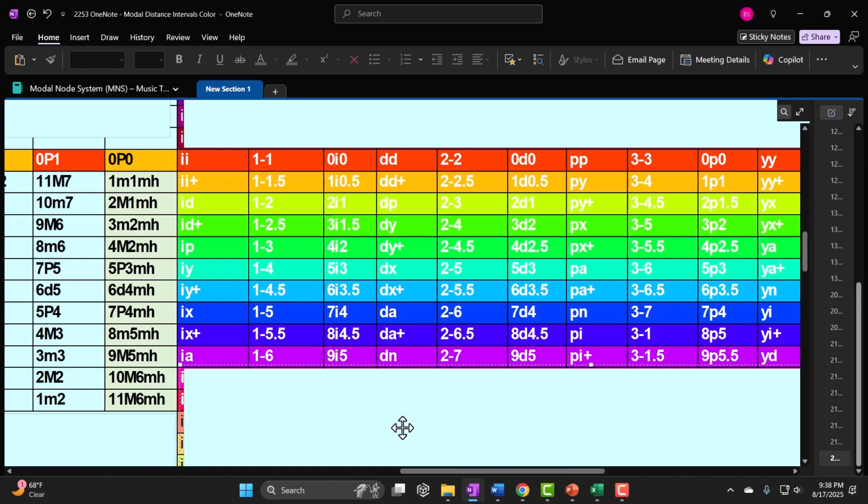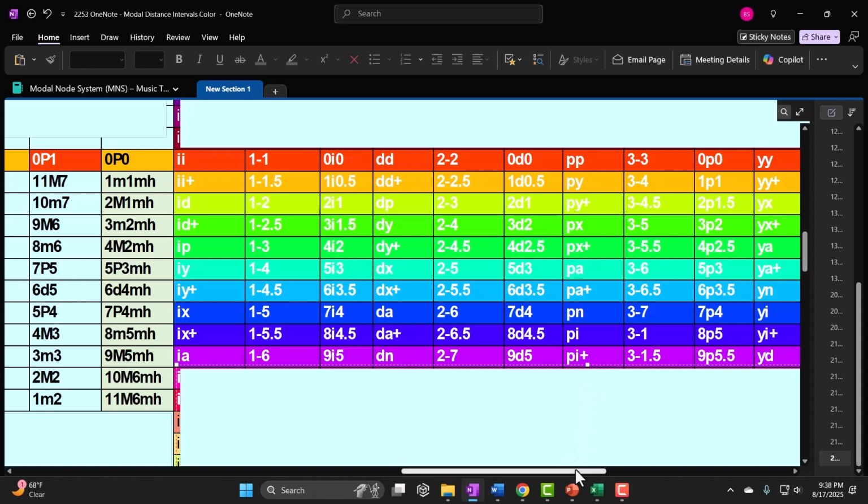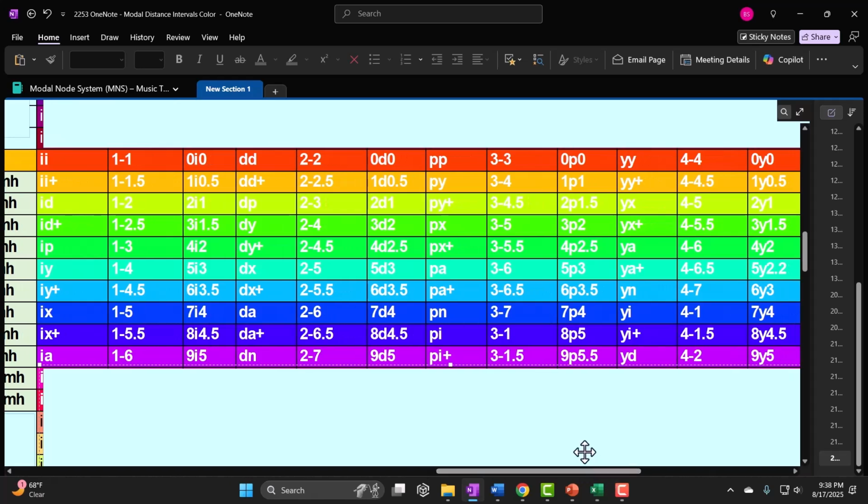So it'd be a DN modal range, a 2-7 modal range, 9 notes away from the Dorian node, 5 modal half steps, which would be a 6 scale degree, a major 6th, even though it's in a minor mode. And then you have the Phrygian, which is a minor that conforms this time. So it lands you in the Ionian Ocean, as you would expect, because this is a major distance applied to a